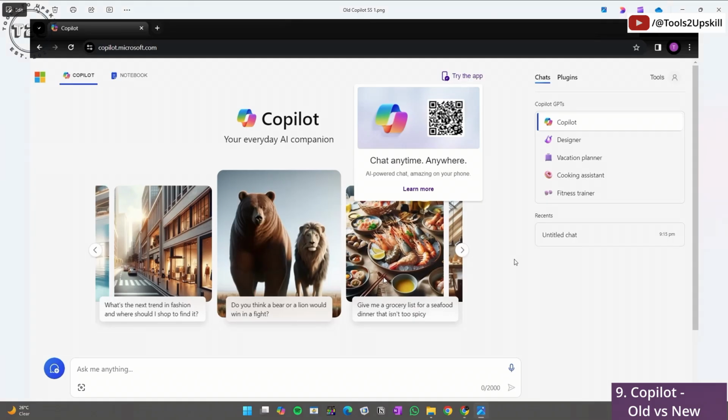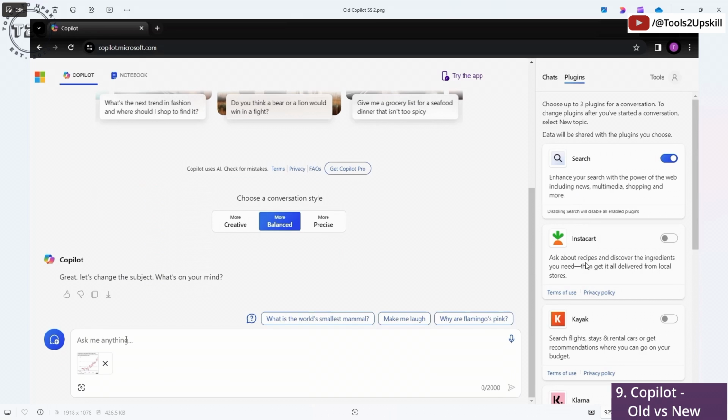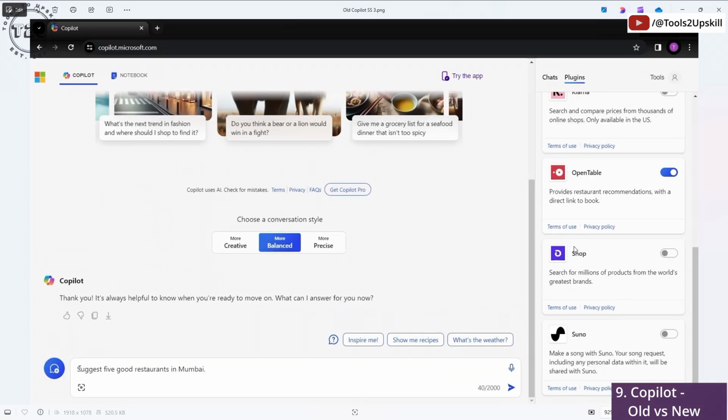how Copilot used to look like in 2024. This used to be the home screen of Copilot. You had different chat options based on what kind of conversation you want to have. You had different GPTs called the Copilot GPTs. You also had these plugins: Instacart, Kayak, Klarna, OpenTable, Shop, Suno. These were third-party features and tools integrated into Copilot to give you a more fulfilling experience. The conversation style could also be selected: more creative, more precise, more balanced. And there was a notebook as well where you could jot down your points and then refine those points using